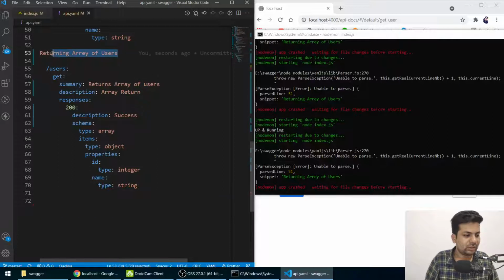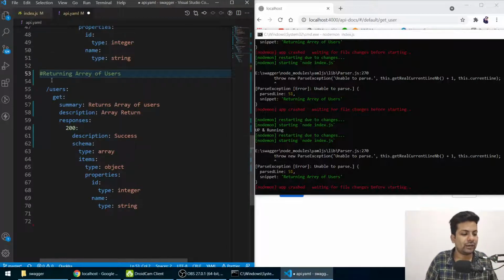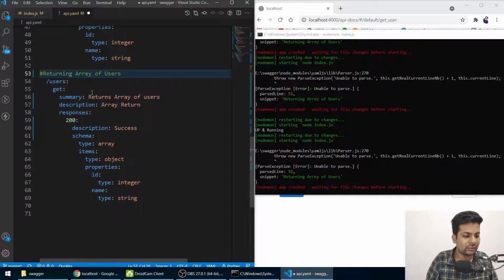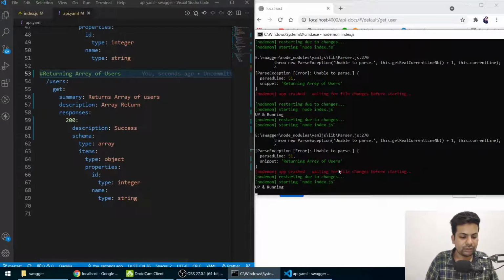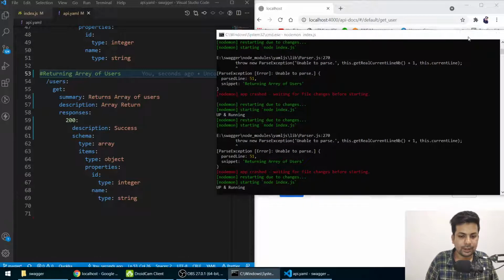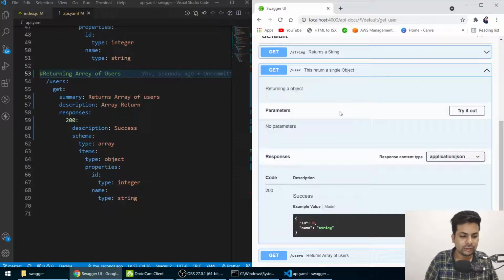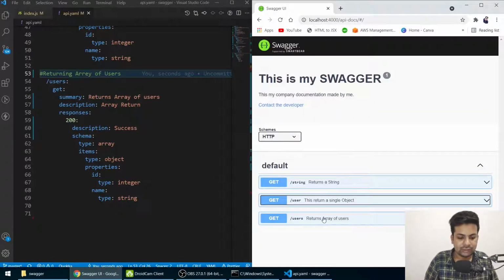Okay, this is the thing. I don't know how it came here. There was a hash, na? Comment, yeah, in here you have to comment with a hash, like in Python. So returning array of users, save it. Now it's running fine. If I reload this, now we'll get this users array.